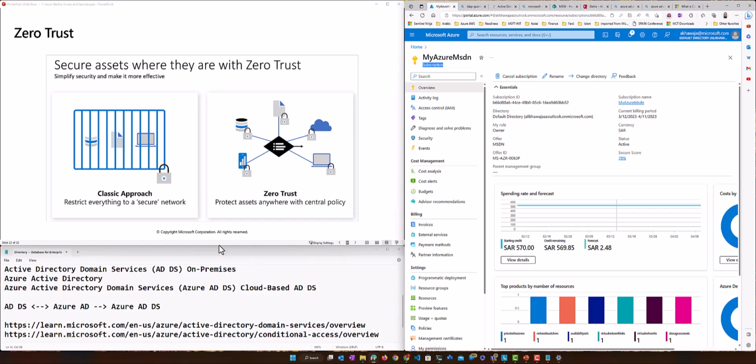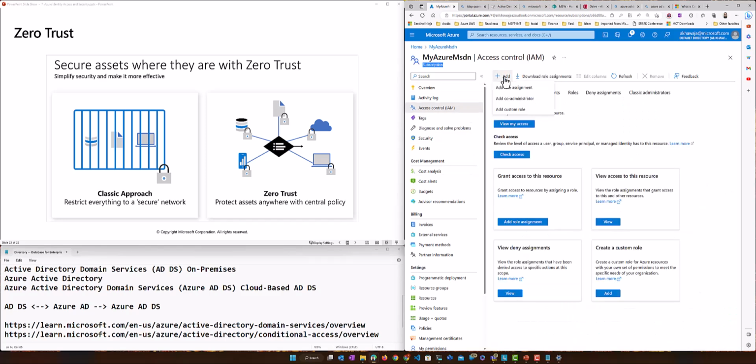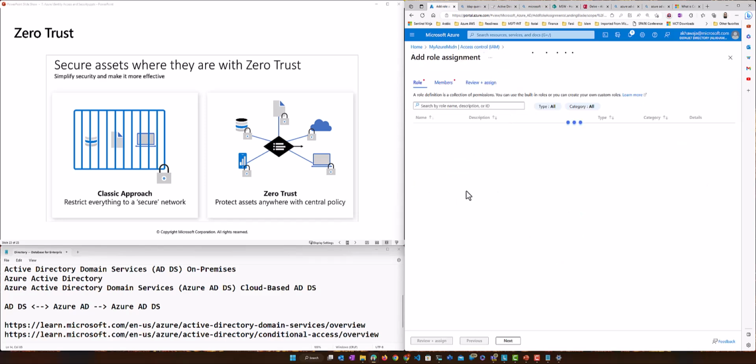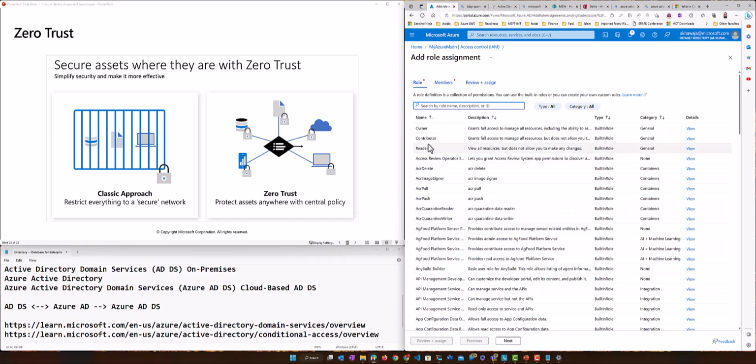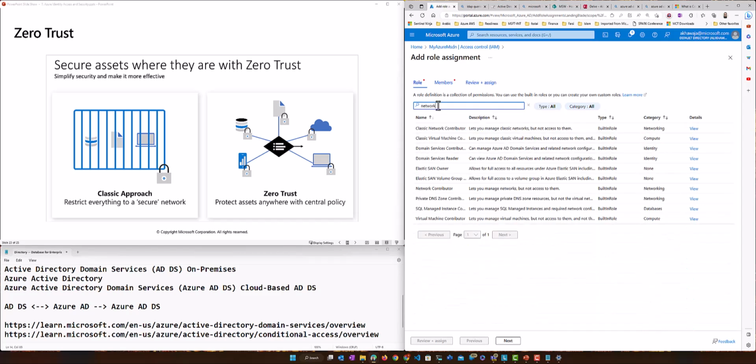ये इसके जो notes हैं उसके अंदर it's mentioned this thing, these points as well. So yeah, least privileges. For example, right, I have somebody who is network administrator. Just because he's network administrator, I don't want to go and give him a contributor role. So yeah, I want to go and find is there something, for example, यहाँ पे इसने दिया हुआ, for example, let's see, is there a network contributor?